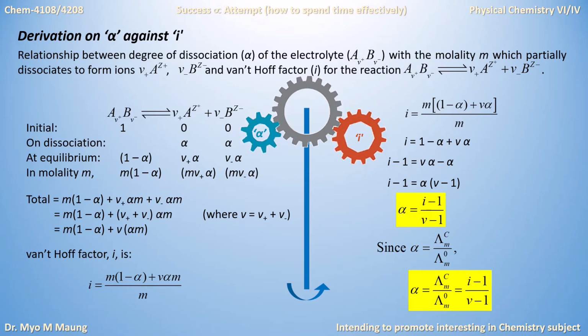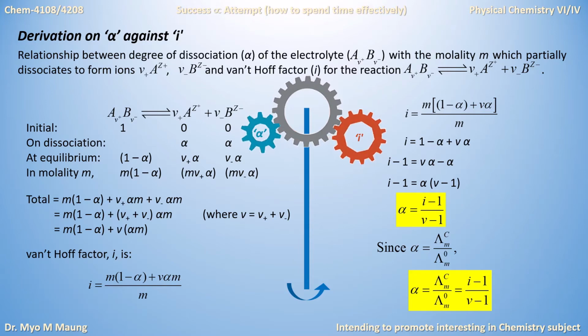Since it does not dissociate into its ions, then A^z+ and B^z- have 0 only. When it becomes dissociated, let alpha be the amount